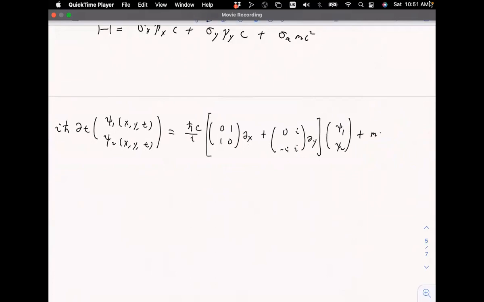And then you have a mc square, 1, 1, -1. So eventually, you will have a form like this: x minus y, and